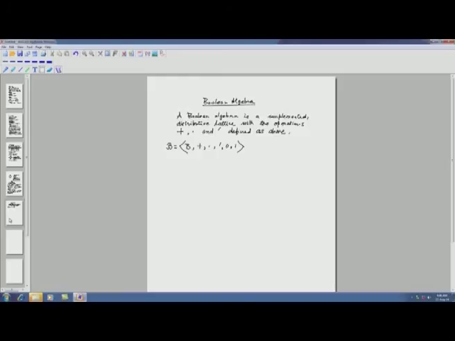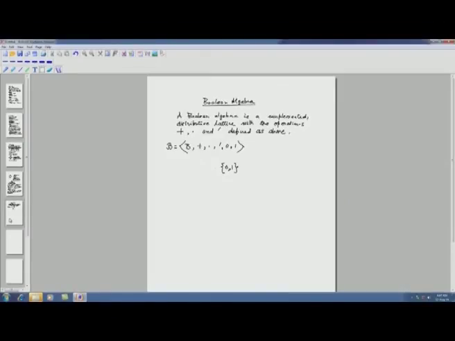Now, the question is what is the simplest possible Boolean algebra, and we indeed know probably the simplest possible algebraic structure that can ever be, and that is a Boolean algebra that contains only 2 elements. Here please note that if we have just a set with 1 element, we can have nothing. So, we have a set with 2 elements, let us call them 0 and 1, call this set B, and